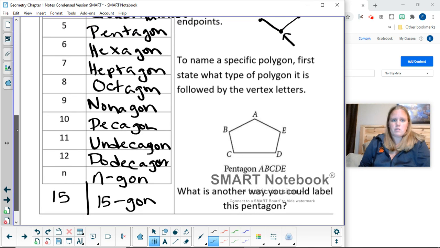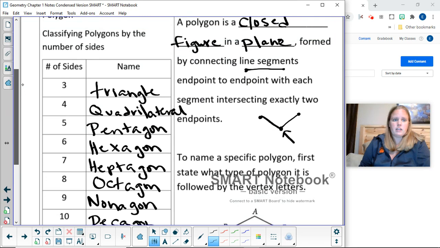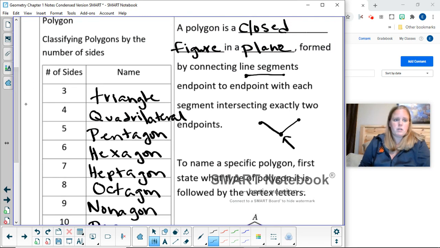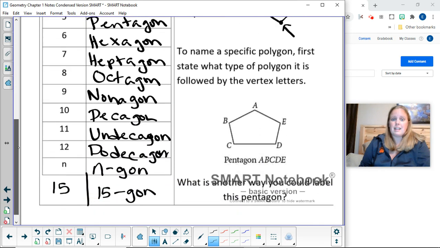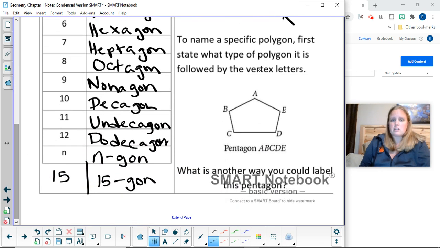All right, so now those are the classifications of the polygons. But if I want to distinguish a specific polygon, I want to name it. And when you name it, you first have to state what type of polygon it is. So this one has 1, 2, 3, 4, 5 sides. So that's why they have pentagon listed first. And then you get to follow by the letters that are representing the points on the corners, or the vertices